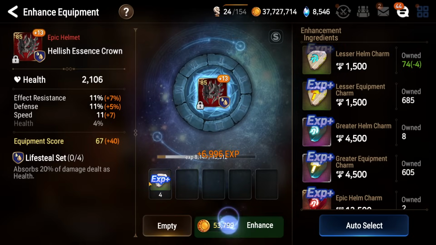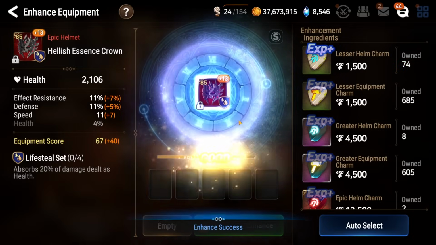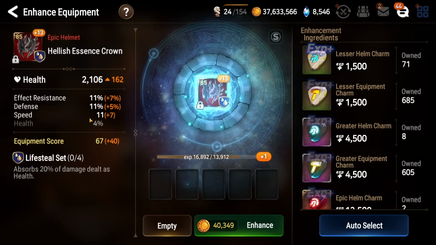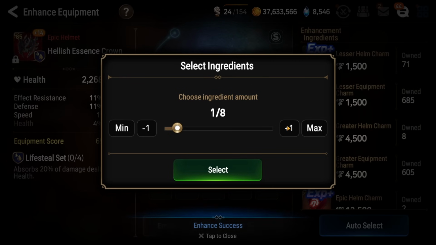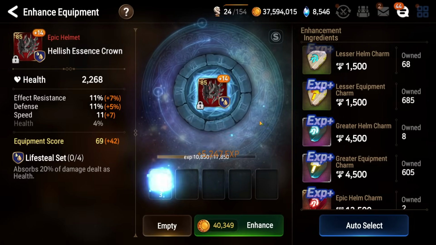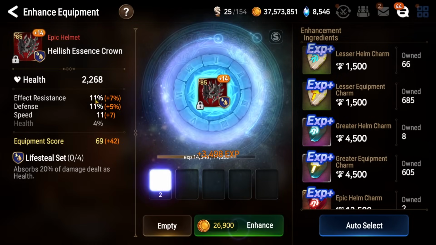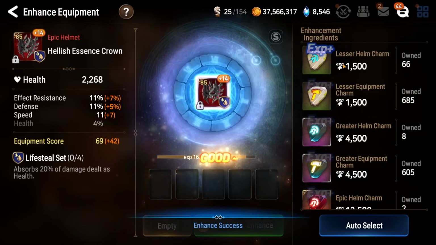Let's see if we can get... I just really want to see if I can get another 4 speed here, because if I can get another 4 speed, this piece is going to be insane. It'll be 15 speed, and then reforged, it'll be 18? 18 speed lifesteal piece? Not bad. Obviously, no Soul Weaver stuff can use this, but...